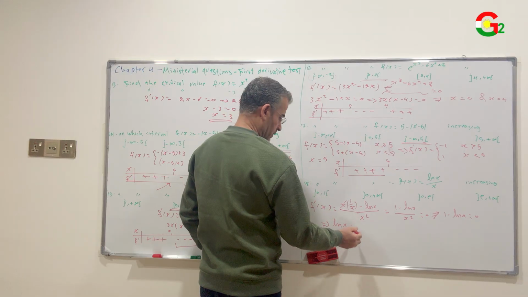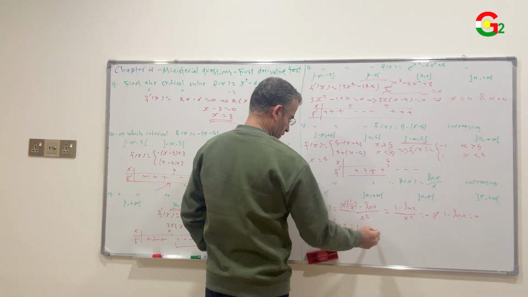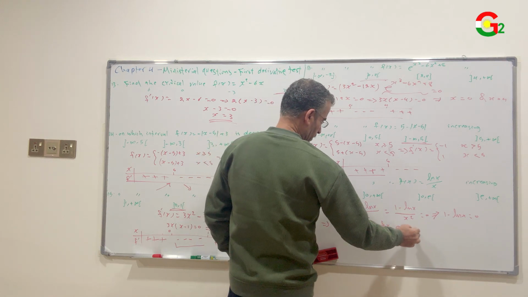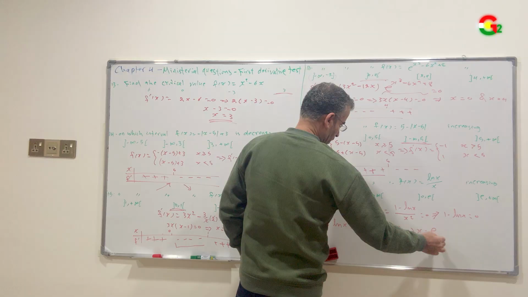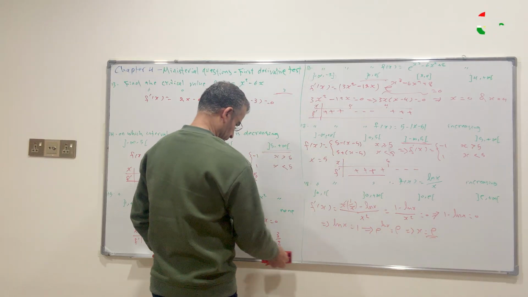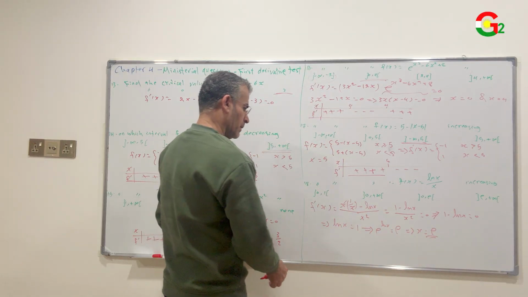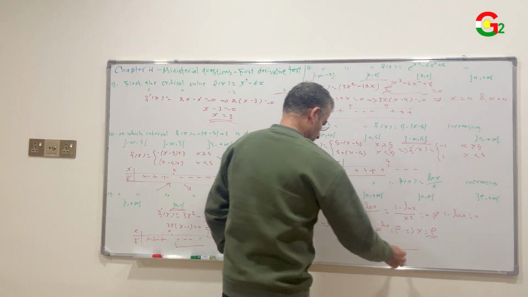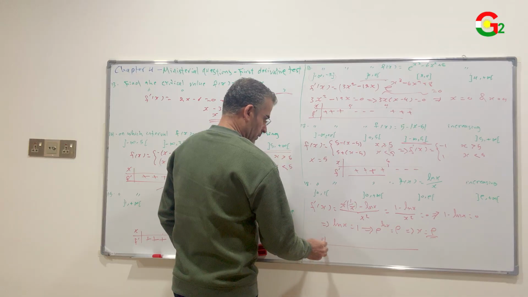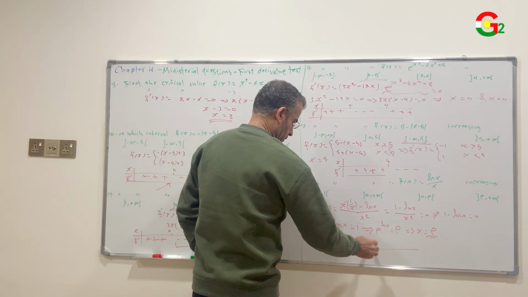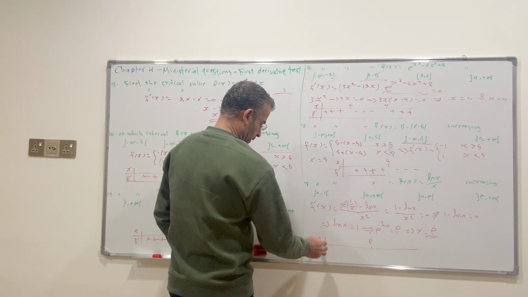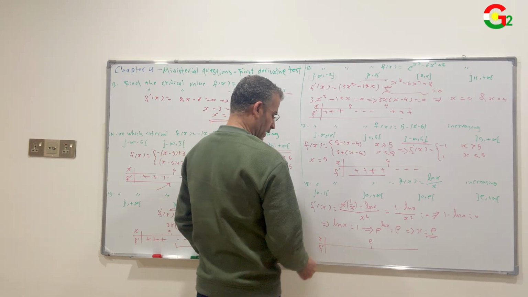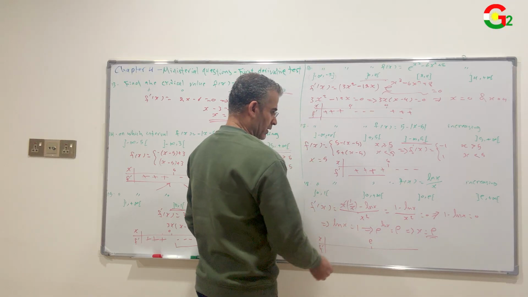Then ln x equal 1. Take the exponential of both sides: e to the ln x equal to e to the 1. This means x equal to e. Find the sign of the derivative of this function before and after e. Before e,